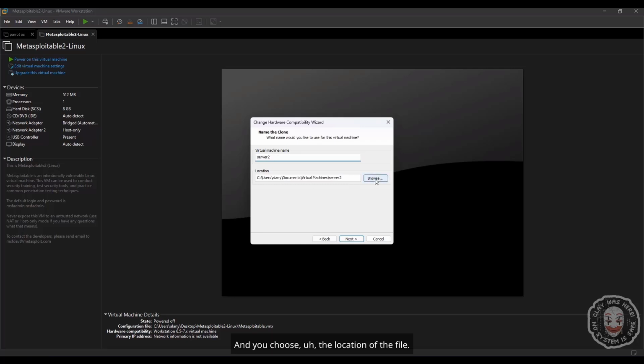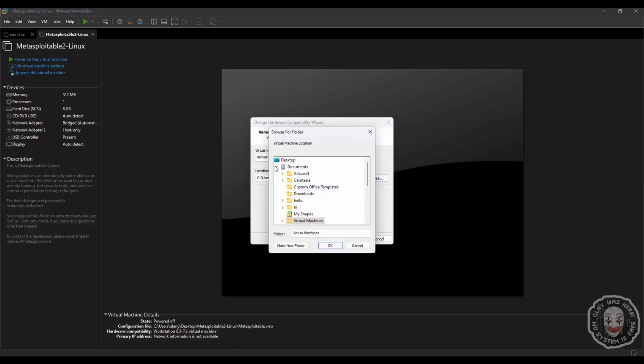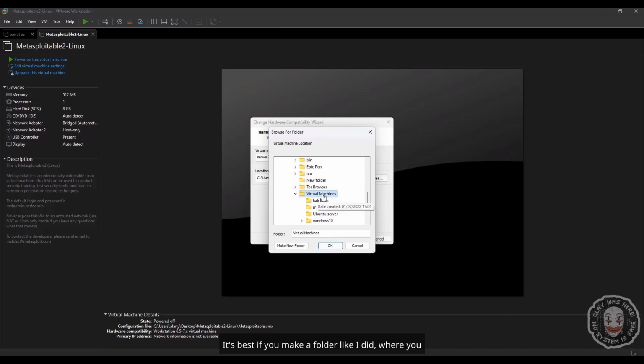And you choose the location of the file. It's better if you do it like I did. Just a second. Go to and select the Kali one. It's best if you make a folder like I did, where you put everything in it. All right? It's recommended.